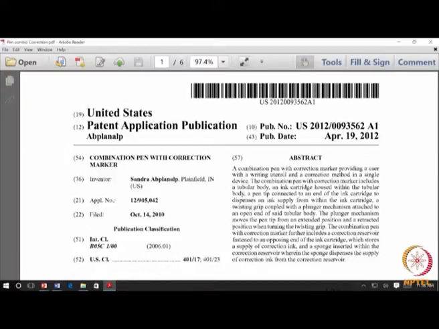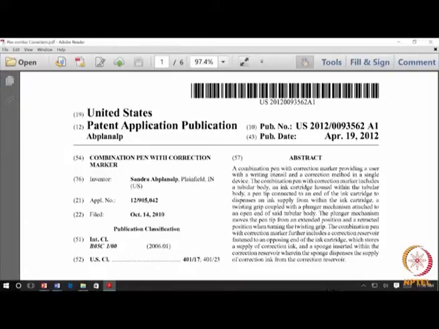Following this, we will also be showing you an Indian application so that you can understand it is by and large the same, but the formatting in which the patent specification is done by the US Patent Office is much easier to understand, and it has all the details in one place.